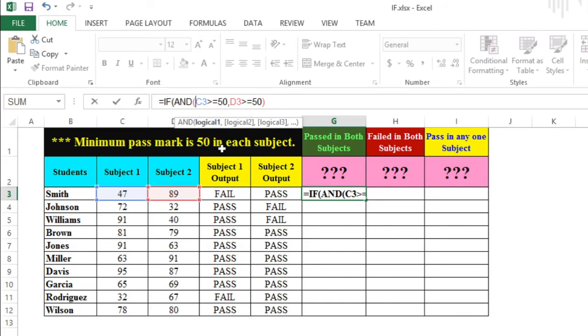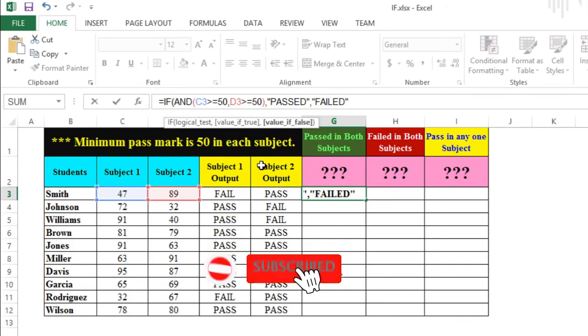After the closing bracket of AND function, we again return to the if function. Function information text changed. Put a comma, then put double quote and type passed. Close double quote, then comma. Put double quote and type failed. Close the double quote, type closing bracket, hit enter.